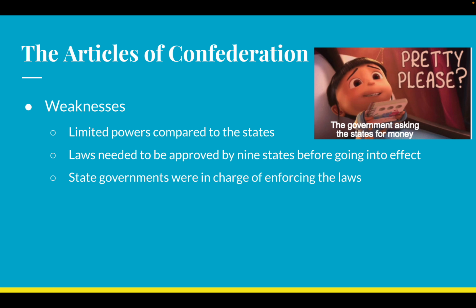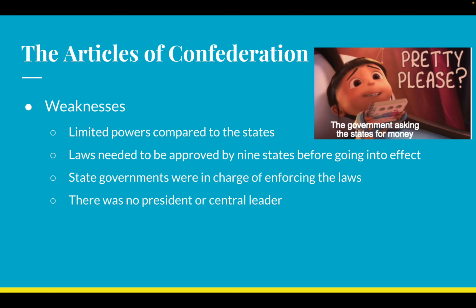You see a situation where a law like outlawing slavery would absolutely get enforced in a place like Massachusetts, where they hate slavery. But it would not get enforced in a place like Virginia, where the economy and the people and the society revolve around slave labor. So you see a situation where laws are not evenly applied as a result of the Articles.